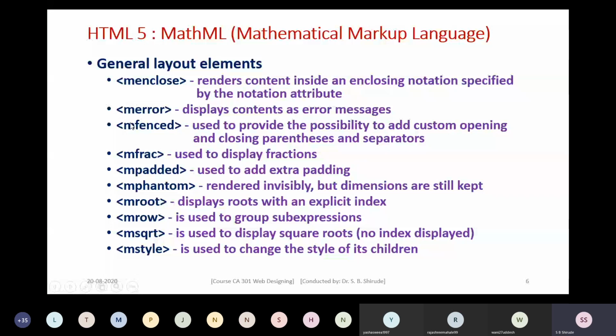Then next is mfrac. This mfrac is used to display fractions. We have fractions in mathematics like 3 by 4, then 8 by 9. When you want to display such fractions, you can make use of mfrac.